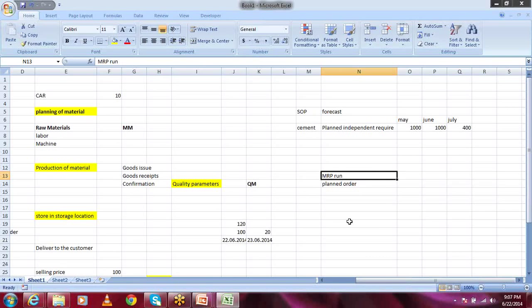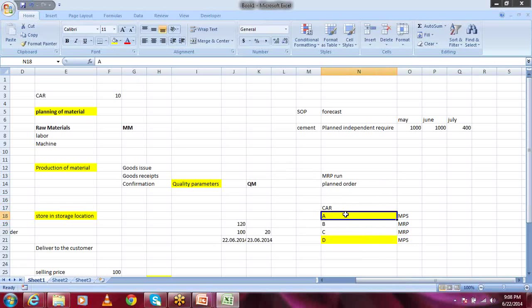Okay, see, take the example of A, B, C, D as the materials to manufacture a car. A material you will define as MPS. B material you may define as MRP. C you may again define as MRP, and D you will define as MPS. So when you run this car material with MPS, the system will plan only A and D materials.